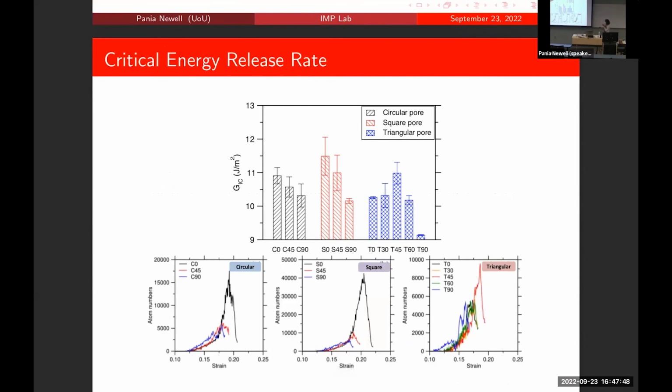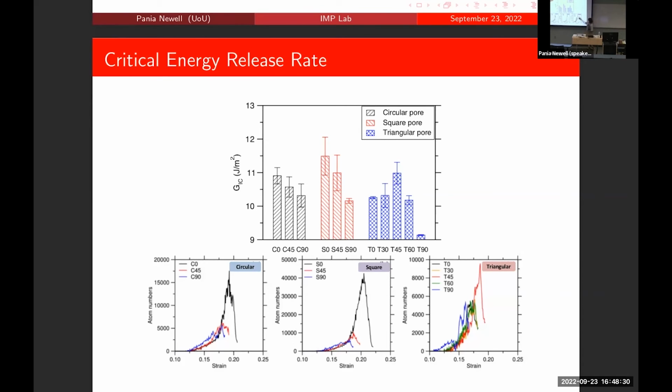And we were wondering what happens to the energy release rate. Does that tiny crack have an impact on fracture propagation? We saw that in the other cases, the GIC was not impacted by the porosity, but what about this small crack? If you look at these cases, the circular and square case, we see a similar trend. By increasing the orientation, there is a drop in the GIC value. At the 45 degree, there is a peak, and then it drops down. So it doesn't follow that, because of the structural anisotropy that the triangular portion introduces into the domain.